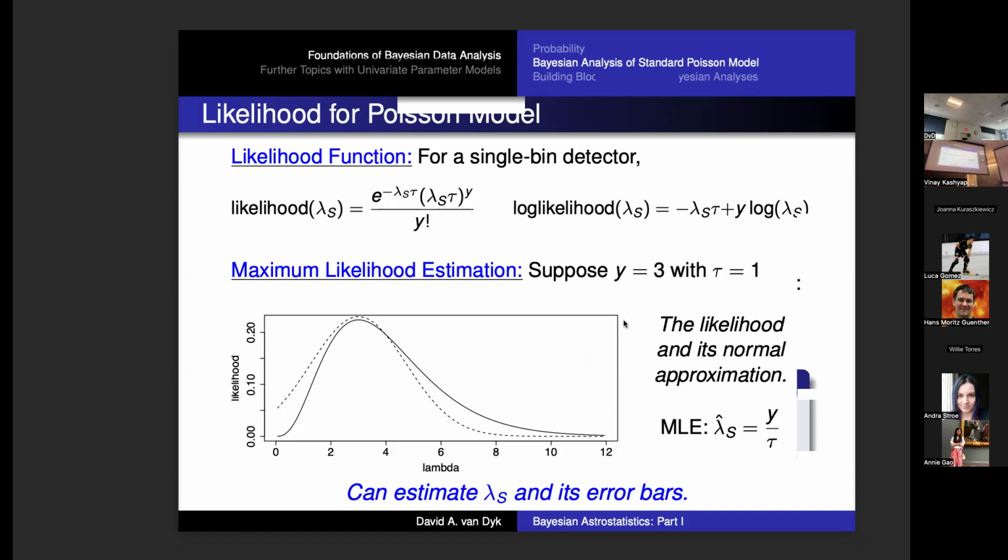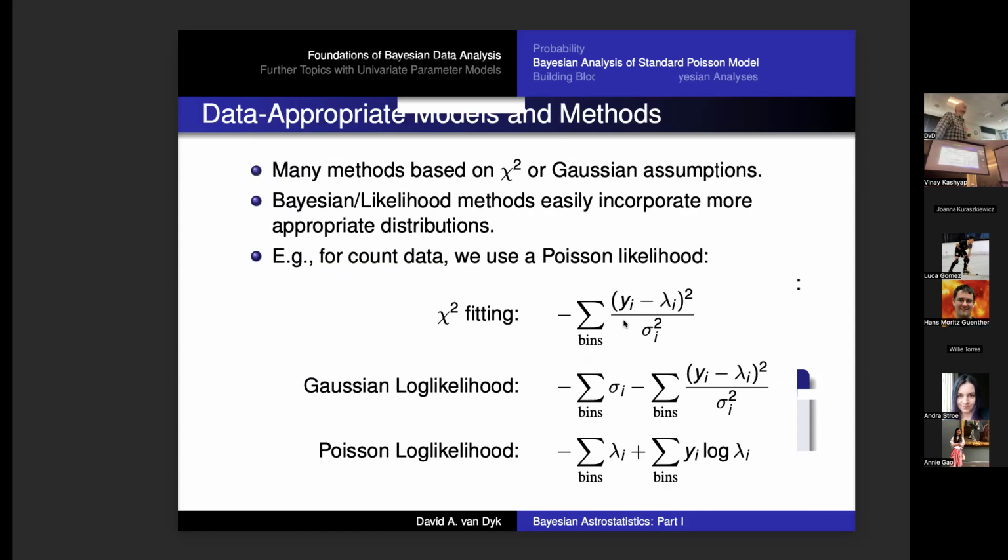Okay. Why I plot them both, though, is because you can see, essentially, if you're just looking at the mode and how quickly it falls off, you're looking at the Gaussian approximation. But the Gaussian approximation isn't awfully bad here, but it's also not quite right. Because you can see, I've cut it off at 0, but it continues to negative values, and it's an expected count, so it's not going to be negative. And it's kind of underestimating the probabilities or the likelihoods of large values as well. So maybe we don't want to use the Gaussian approximation. Maybe we should stick with the likelihood function itself.